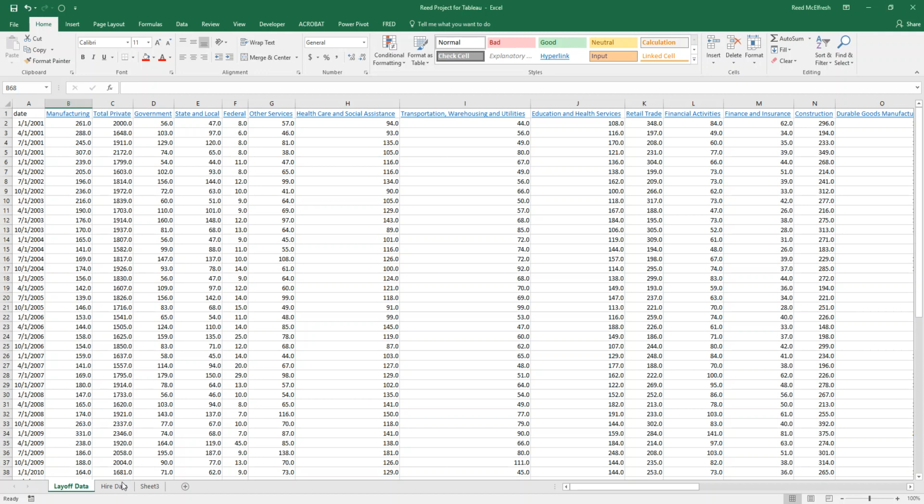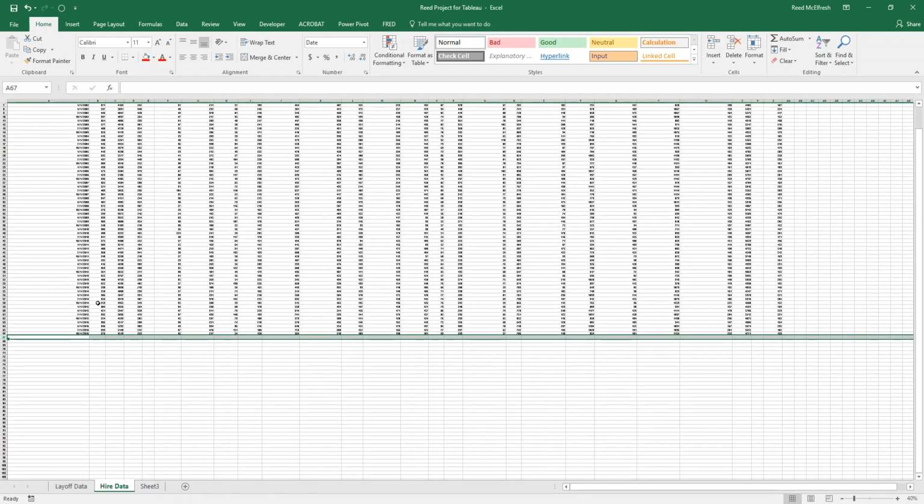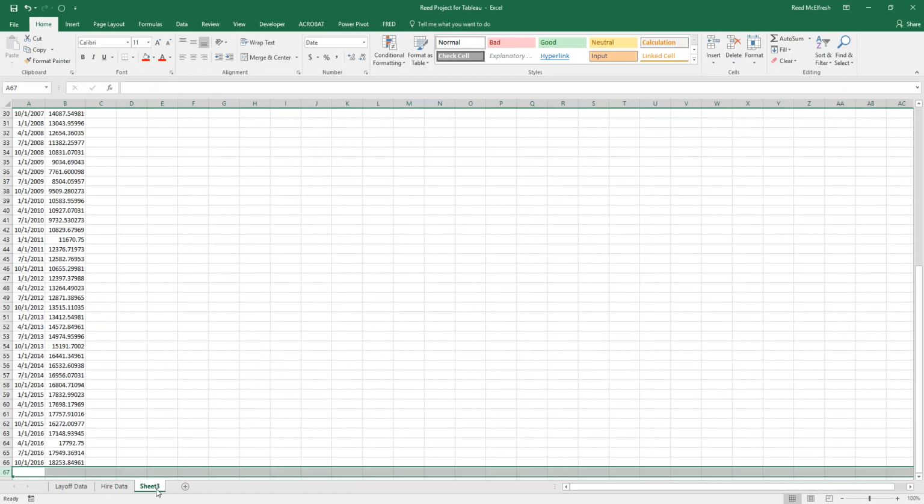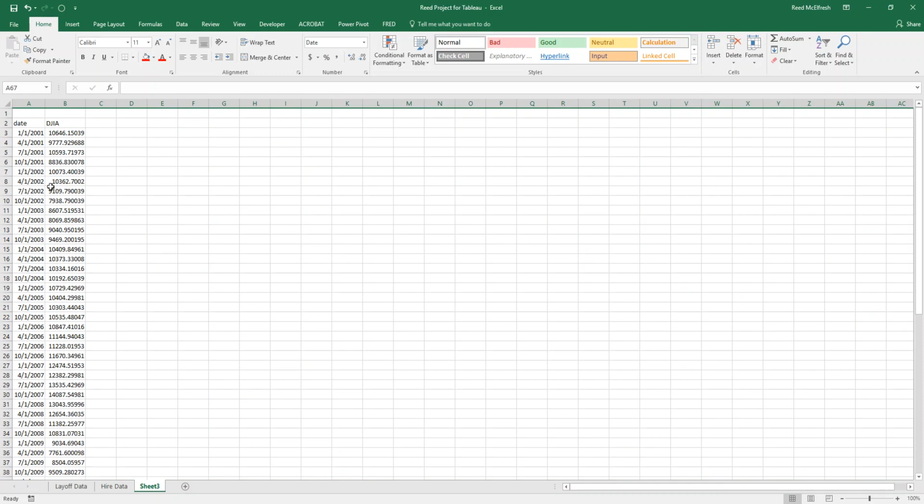As you can see, there's 3 sheets, and we have our layoff data, our hire data, and sheet 3 is the Dow Jones Industrial Average. Now, I've already gone through in Excel to make sure that my dates match up between the 3, and the reason for that is I'm going to be using date to link all of my sheets